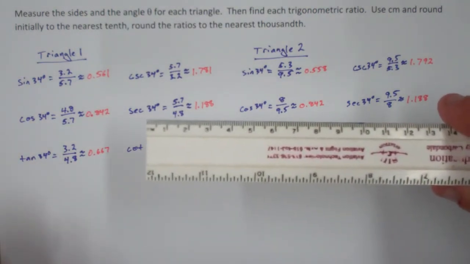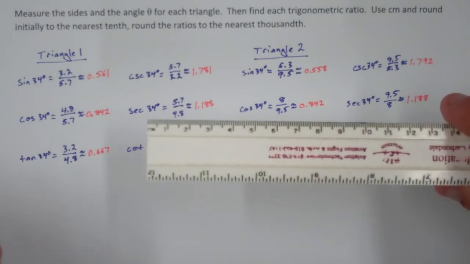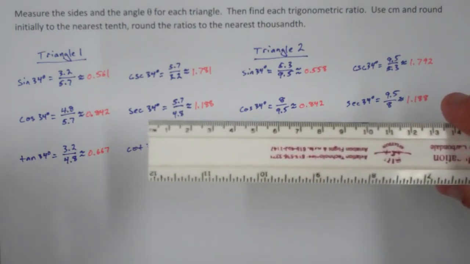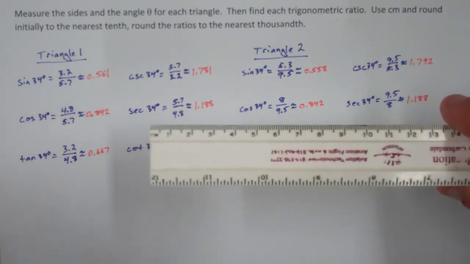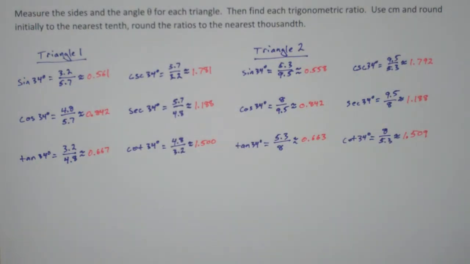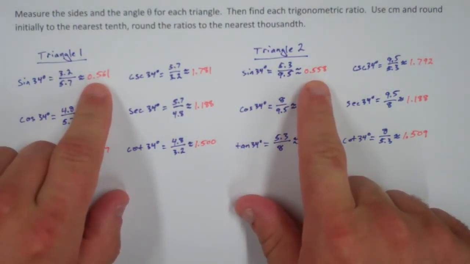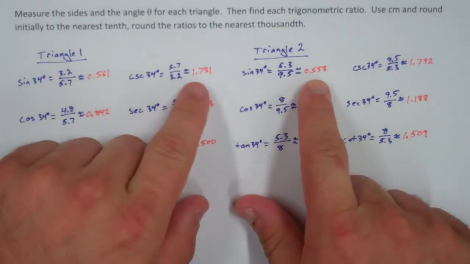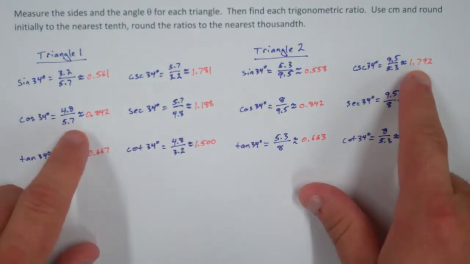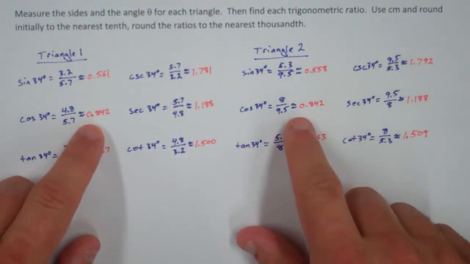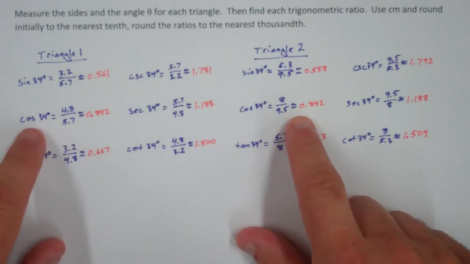I'm not sure if you can see that there. So sometimes the side length landed right in the middle of one of the tenths or closer to one side. So the thought here is if we could be as precise as we possibly could, these numbers would be exactly the same, and they're very, very close anyway. The cosecant is also very, very close. You'll notice here that we got this one right on,